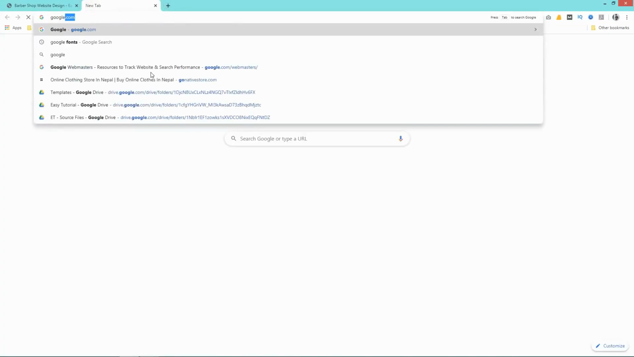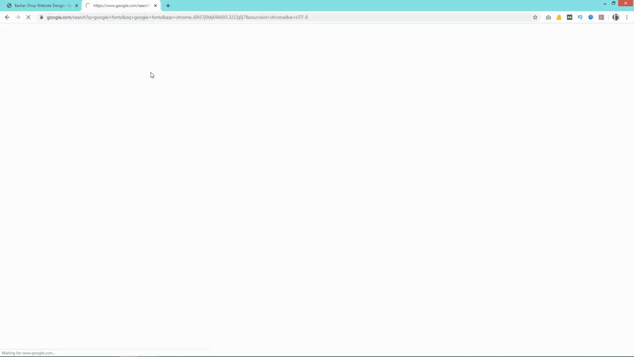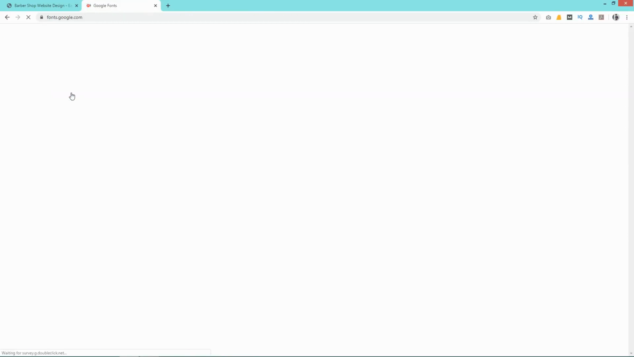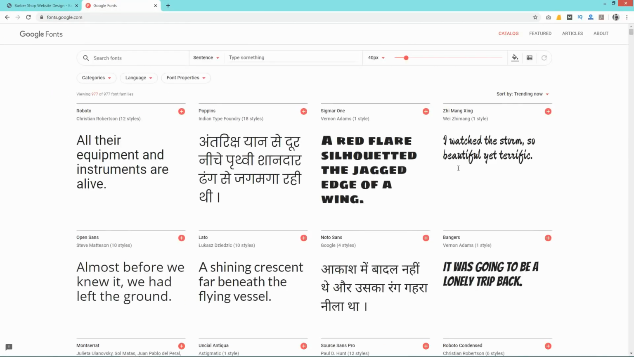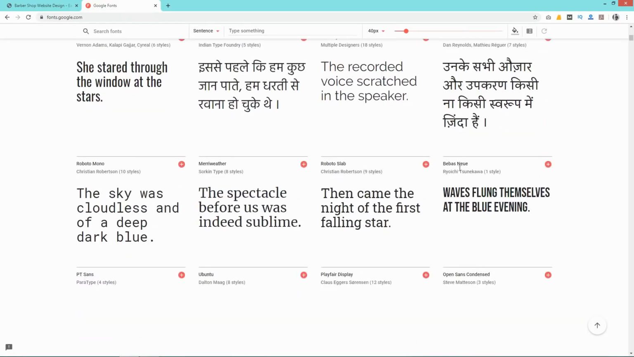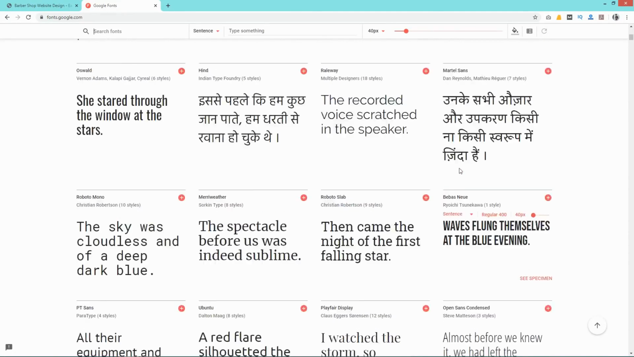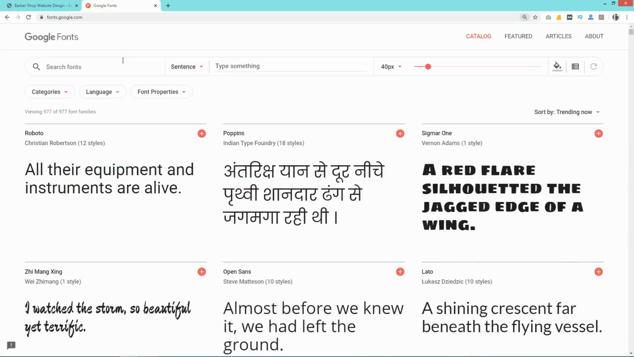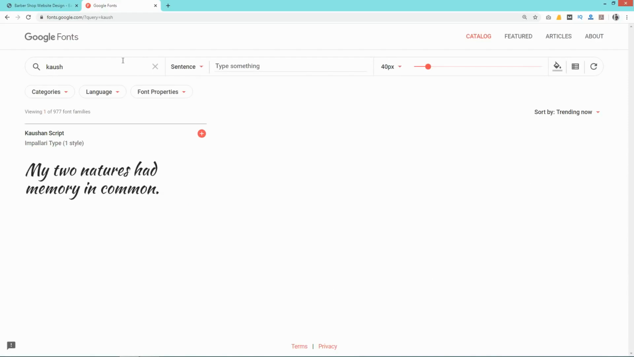Now we will add the different font family. So come to the Google and search for Google Fonts. Open this website fonts.google.com, and here you can find lots of different font for your website. So you can scroll and find which one you want to use. You can also search by name. If you want to use this font, simply click on this plus icon,